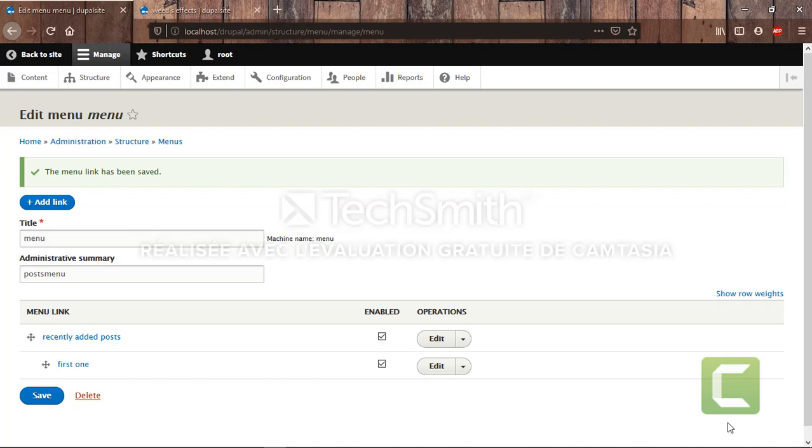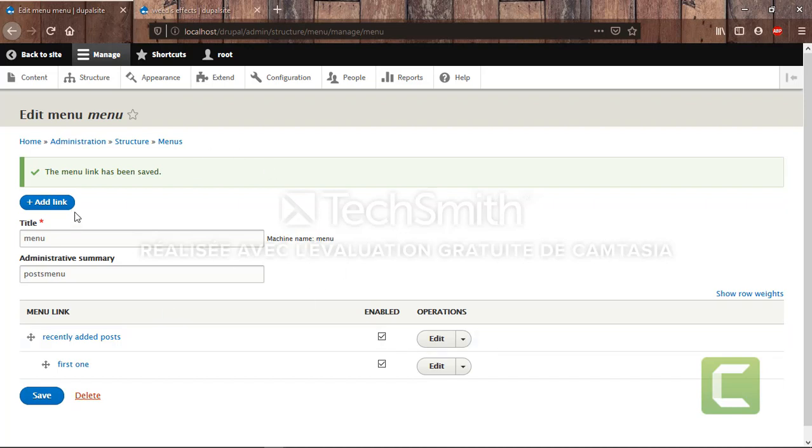Now we have to create a new block which contains the menu. As I said before, blocks are boxes that contain our content.